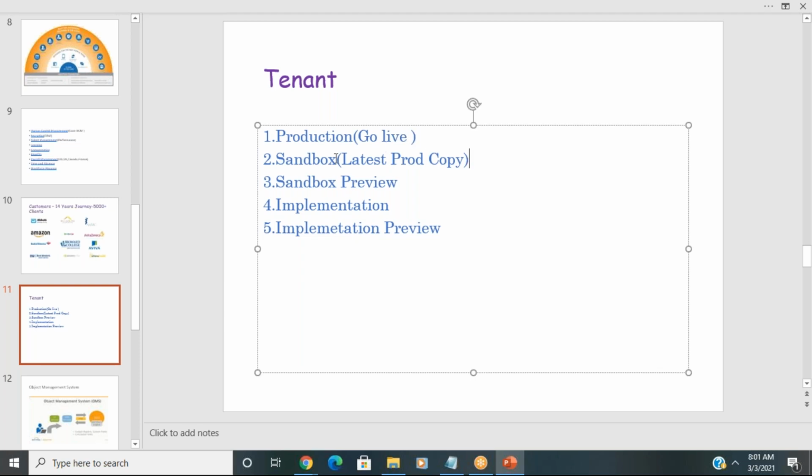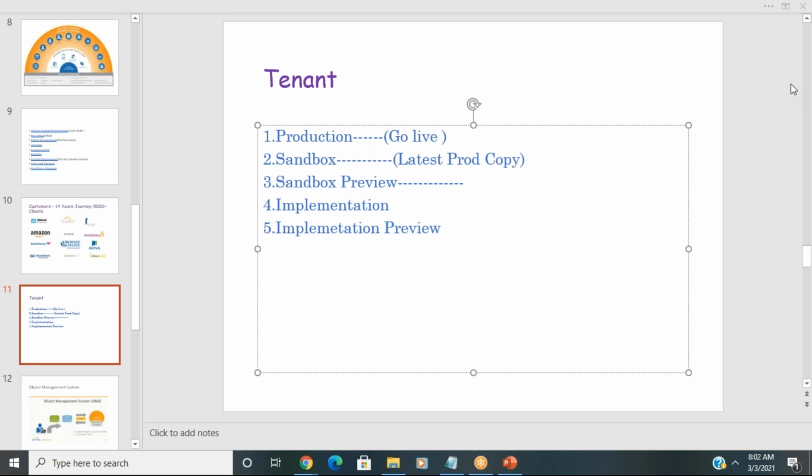The next one is the sandbox preview. If the customer has a license to the production, sandbox preview is free. As we discussed, every 6 months Workday is releasing a new version, every March and September, March second week and September second week. This March 13th, Workday is releasing R1 2021. Two releases, R1 and R2. R1 means release 1, R2 means release 2. Five weeks before, in the first week of February, Workday already uploaded all the new features.